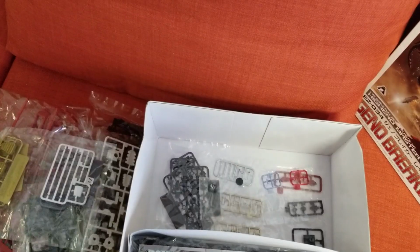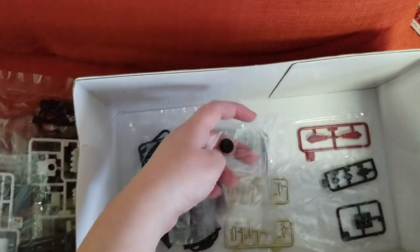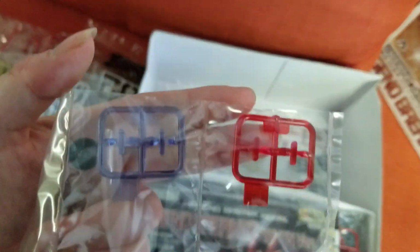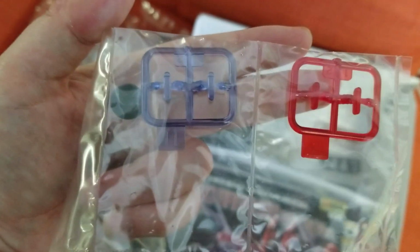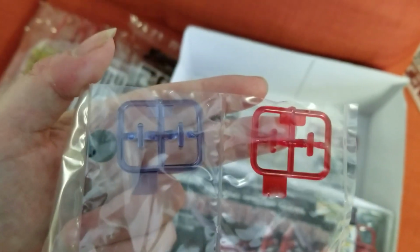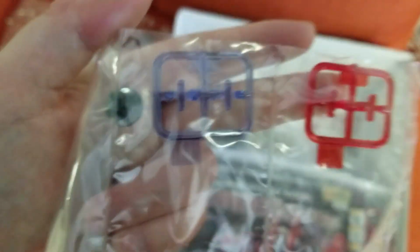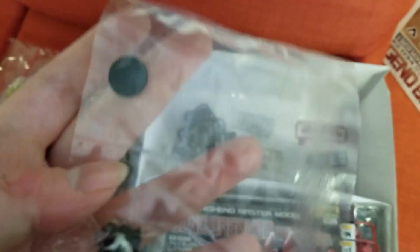Gun barrels. Bits and bobs. And the thing that I've liked about this, and I'll show you right now, is they have given me 2 different sets of eyes. And I wish I had known that sooner, because my Scatha Geno has just the red eyes. She only came with the red eyes. Sadness, because she has blue eyes. But